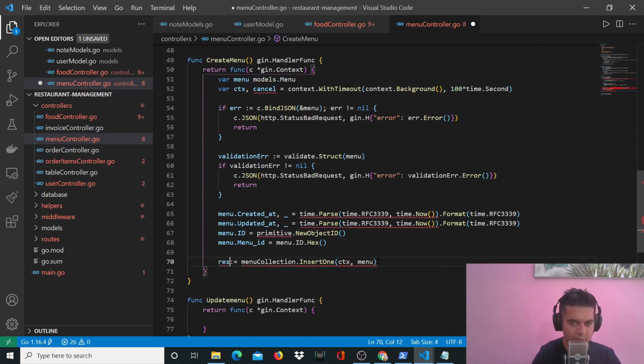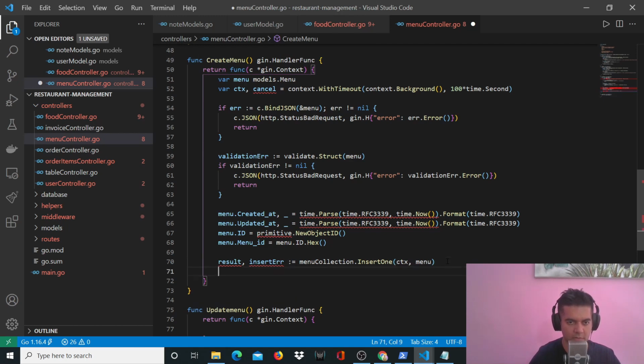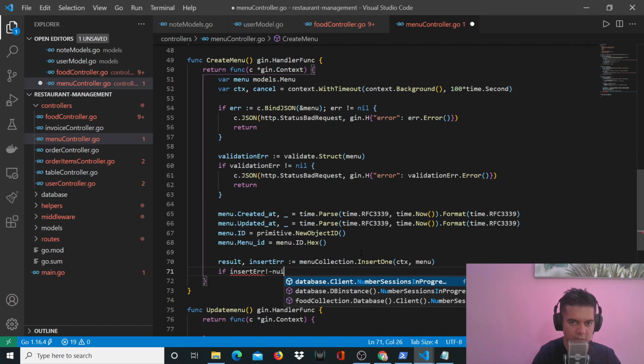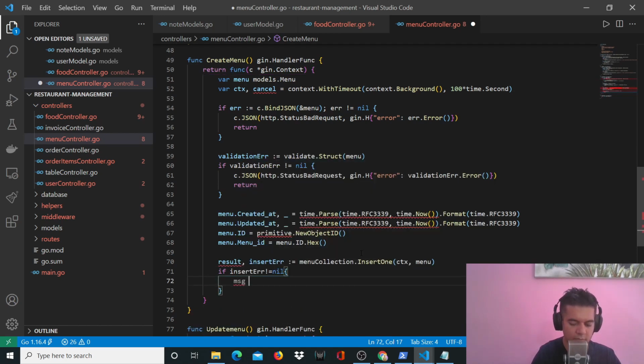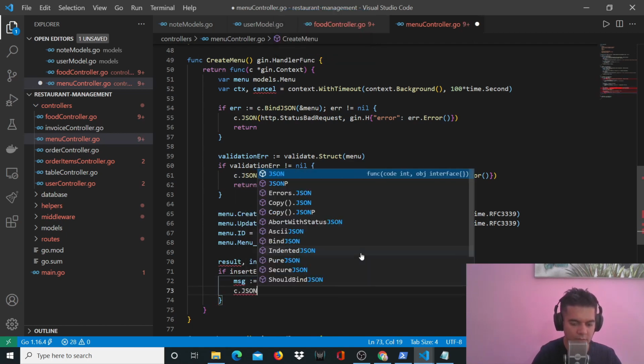And this I can capture in my result, and I'll have an insert error that will come if the item does not get inserted into my menu collection. And I'll check for insert error. If it's not equal to nil, I'll have fmt.Sprintf. Sorry, wrong spelling. I'll say menu item was not created, and I'll return